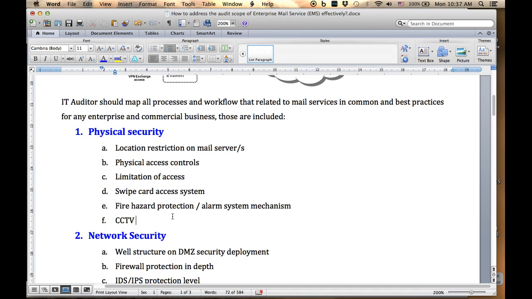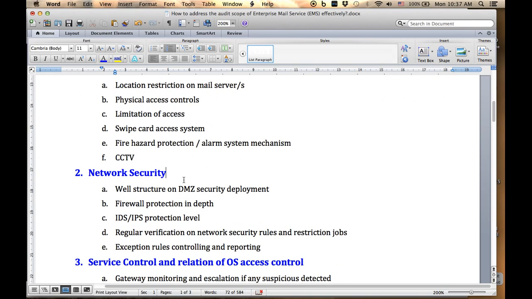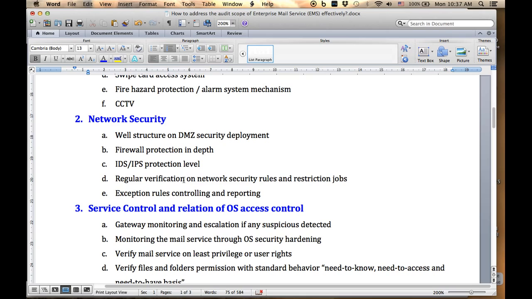So we have a lot of control involved with the physical and environmental area to ensure that we can detect intruders promptly. So the next is network security. It's very important involved with the mail server. So the auditor needs to understand the structure defined in the DMZ zone that the IT department deployed